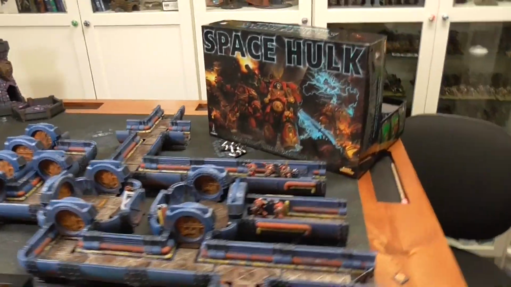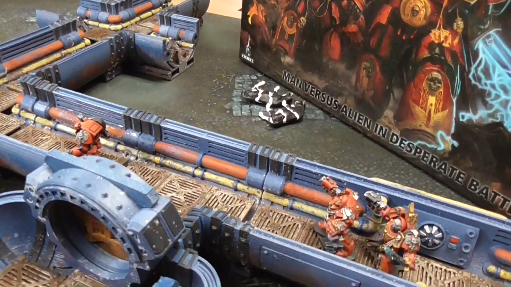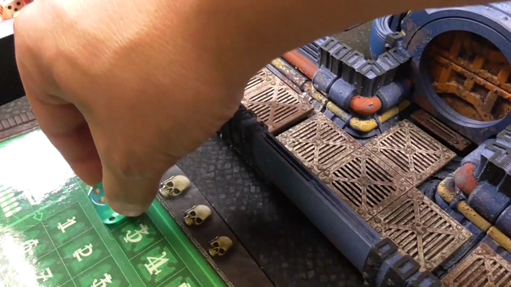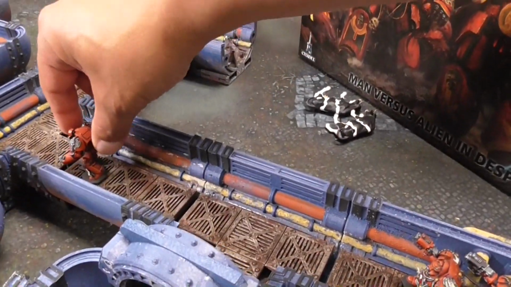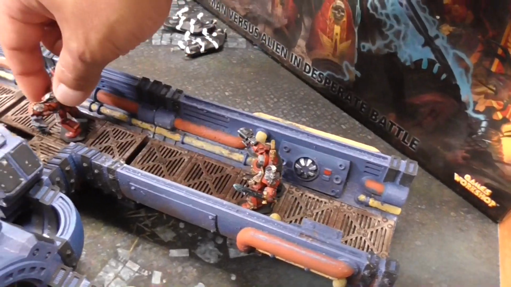Let's go ahead and move over here. He will move forward 1, 2, 3, 4. This is my flamer here. Let me go ahead and use 2 of my command points to move him forward 2 more. Okay, and then he will move forward 1, 2, 3, 4,